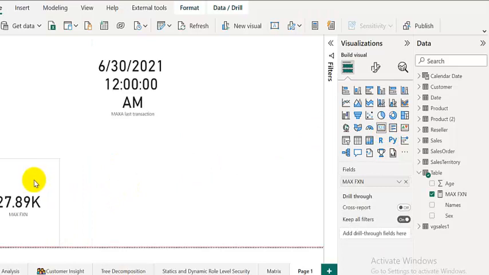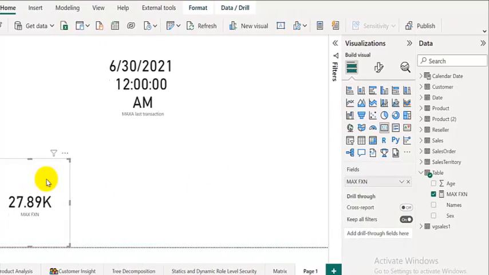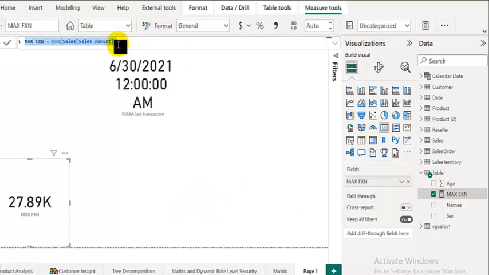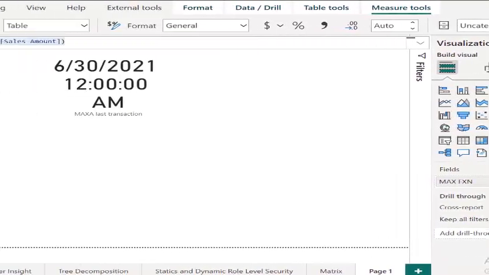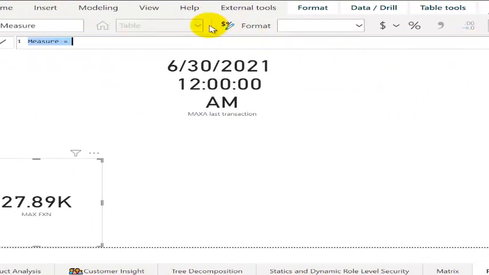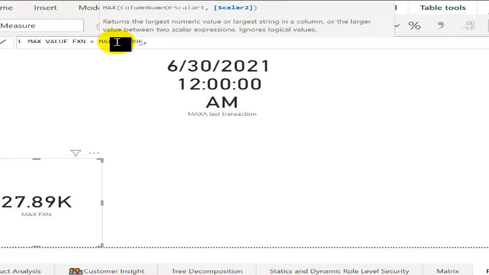Now, also the maximum function can be used to find out the maximum value between two numbers. Let me copy that. Let me go to a new line. Okay, I'm going to simply paste what I copied. Now let's talk about maximum value. Let's call that maximum value. Now I have two parameters here. I have 27.89k. I type a comma, and I have